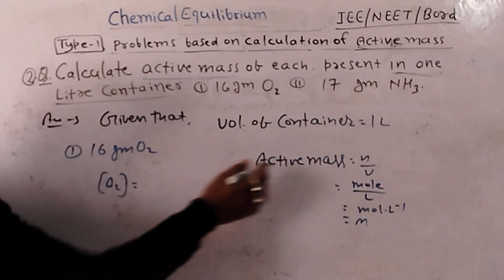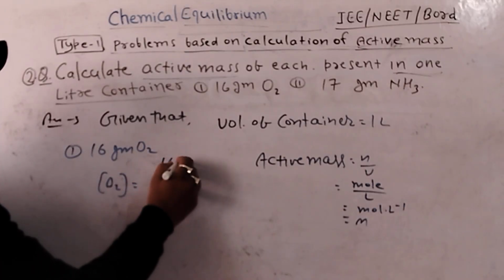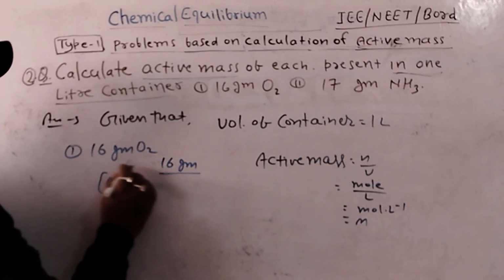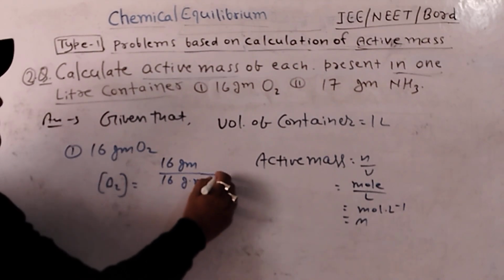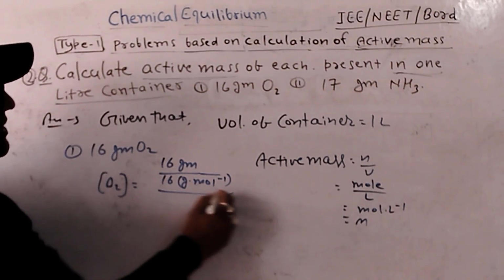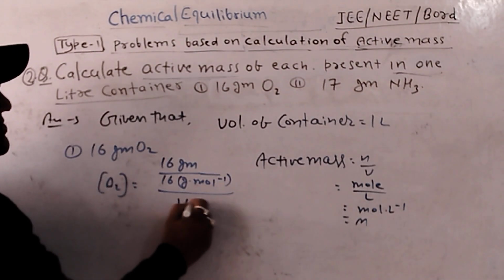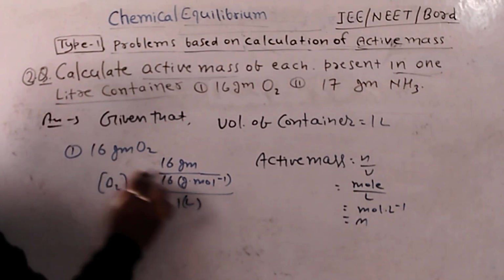Here n is the number of moles. Given mass is 60 gram and molecular mass of O2 is also 60 gram per mole, divided by volume, which is 1 liter. So here the molar mass of O2 is